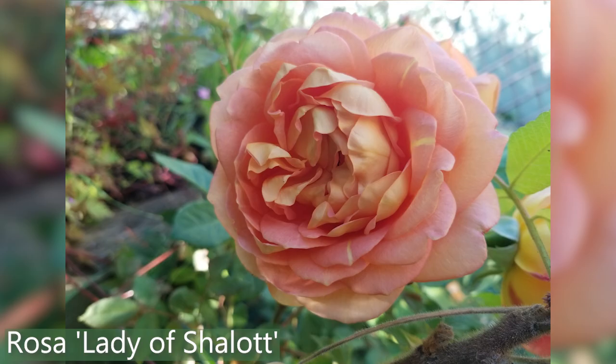One of them was Lady of Shalott, which was my Flomo on our Rose special last episode. Alan very kindly gave me that for my birthday. So that's ticked off the Flomo list, and it is a beautiful rose. I'm very excited. But Dean had an aeonium called Mardi Gras, which